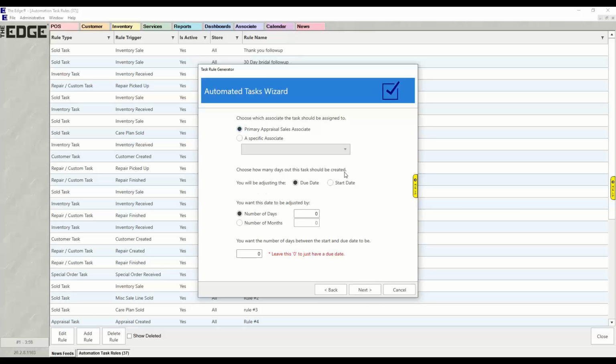How many days out will this task be created? We're always going to do it on due date. If there's a range, you could do it on start date, but 90% of what we're doing here is a due date. Call them on this day. Then you have the option of the number of days or number of months. So if I want them to call in 5 months to say, hey, next month you need to bring this in, or if I want them to call in